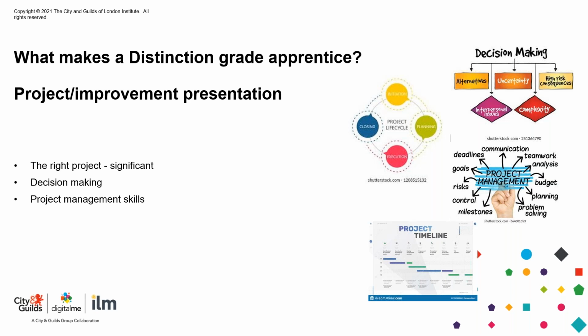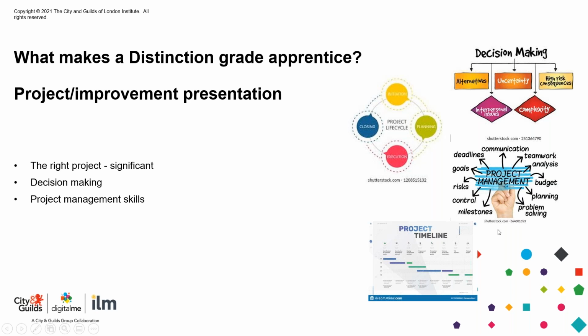A distinction-seeking apprentice needs to show strong leadership skills, i.e. they have to be in charge and actively planning the different stages of the project and quite possibly managing a team, even if it's a small one. In the planning, they will demonstrate they have a strong grasp of project management tools. Note the plural, more than one. All of these criteria are in the assessment plan and mapping document for you to explore and discuss with the apprentice and their employer.